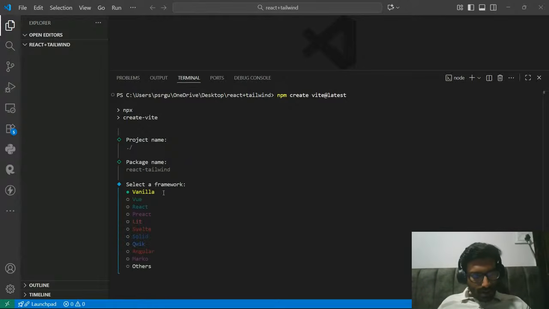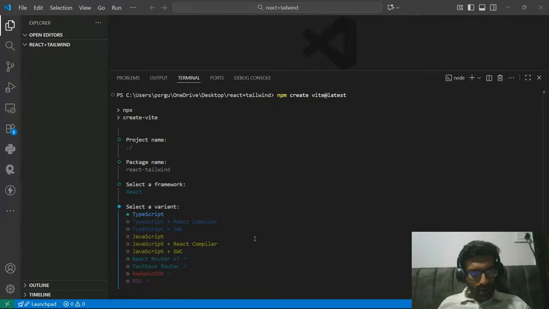Now it is asking me to select a framework. There are many options. You can see Vanilla, JavaScript, Vue.js, which is another framework, React, and Angular is also there. We need to select the React option. Now it is asking you to select the variant, whether you want to use TypeScript or JavaScript.